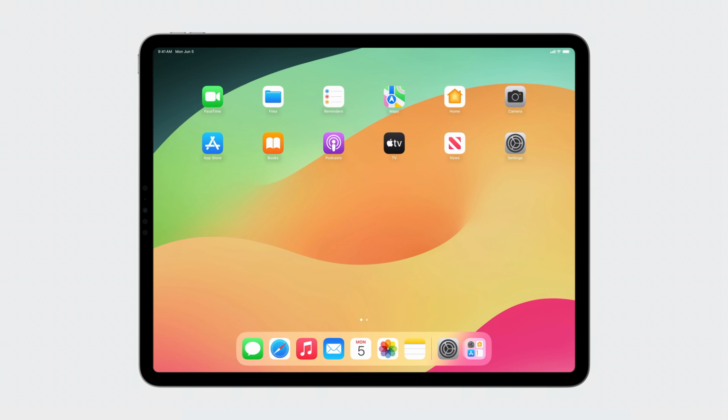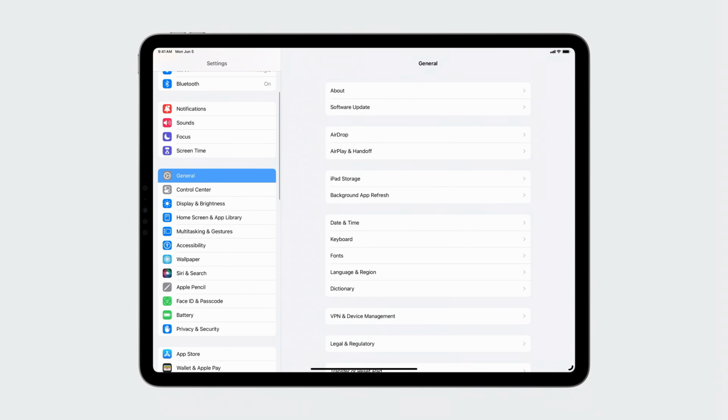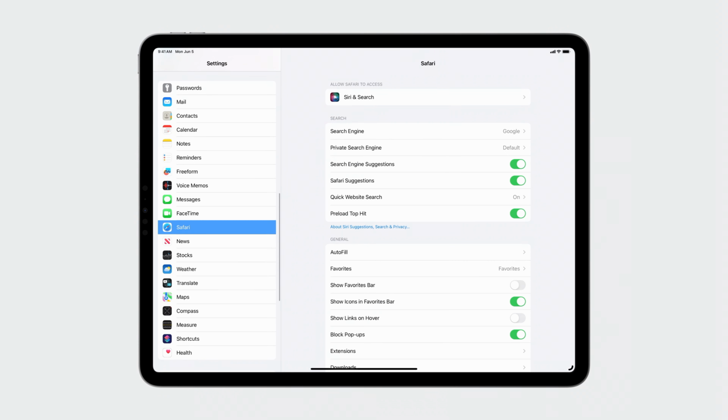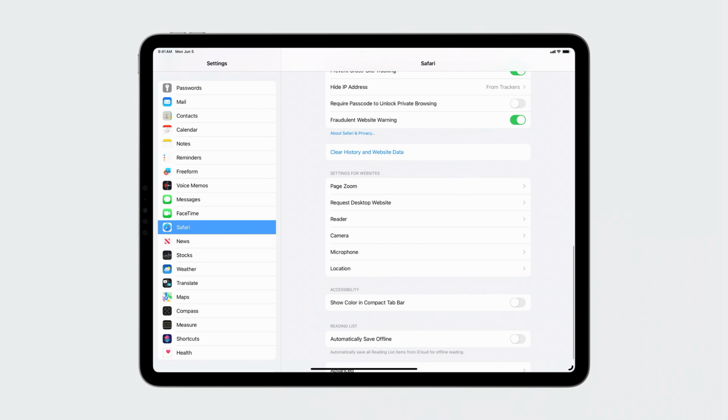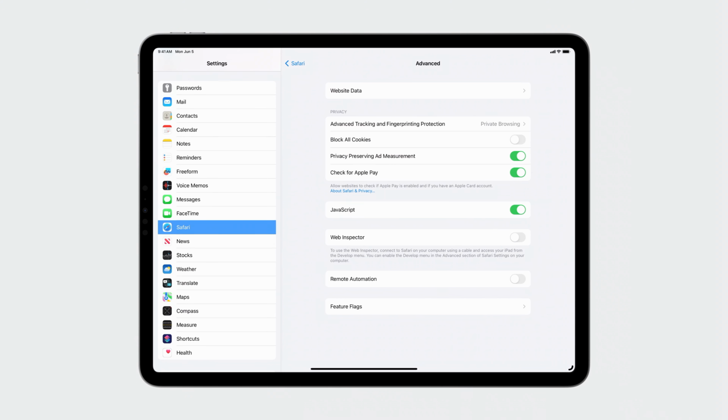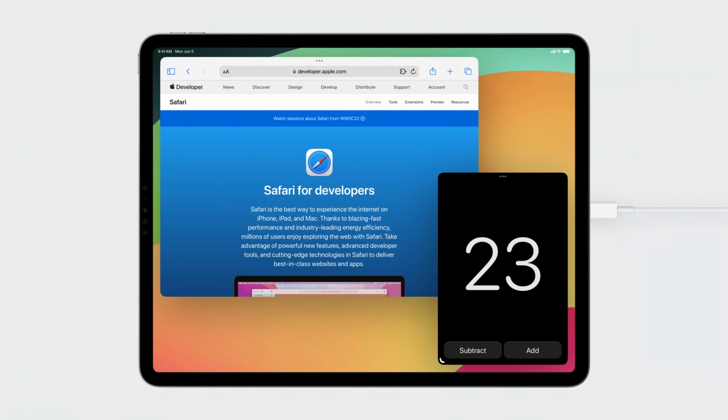Unlike a simulator, you have to enable inspecting content on the device before you can use your Mac to inspect it, in order to opt your device in to providing a list of open web pages in Safari and other apps that are inspectable. For iOS and iPadOS, you can do this from the Settings app. Scroll down to and choose Safari, and then scroll to the bottom and choose Advanced. Now, toggle Web Inspector. Finally, connect your device to your Mac using a cable.